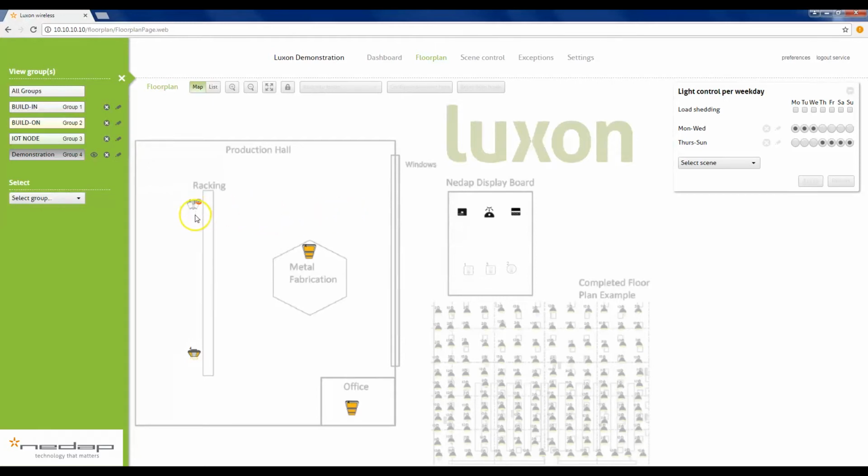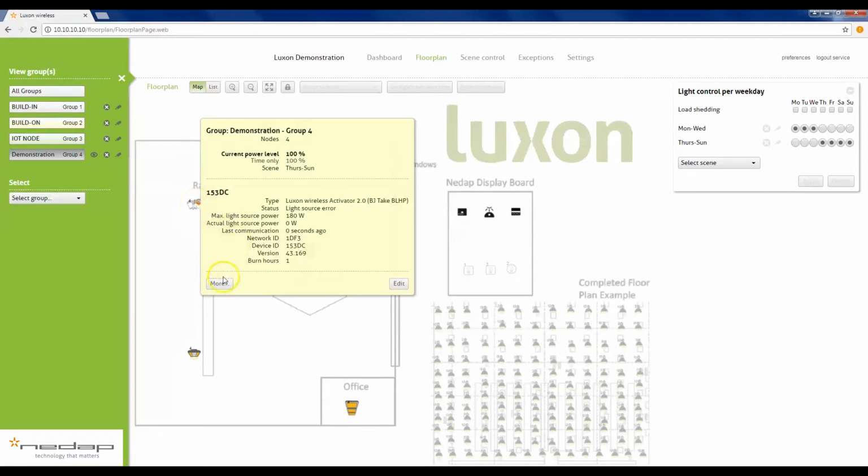Now, this is the device that has the error. You can see when we mouse over this device that we get an abundance of reporting information. You can see that we have a light source error with this product. What that means is we have miswired it and the light can't turn off. So the system has realized that the light can't turn off and it's reporting that error here. But communication status, current wattage of the fixture, current power levels up here, the scene that it's running, we'll explain all these different functions. All Luxon devices contain an internal temperature sensor, so we can always monitor the temperature of the devices inside the facility. This can be particularly useful if you have facilities that are not climate controlled,